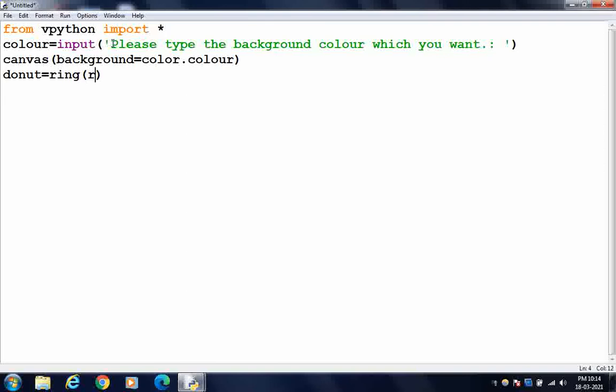So we'll keep its radius, let me keep it as maybe 0.5, and let me keep the thickness as 0.25 and the color as vector